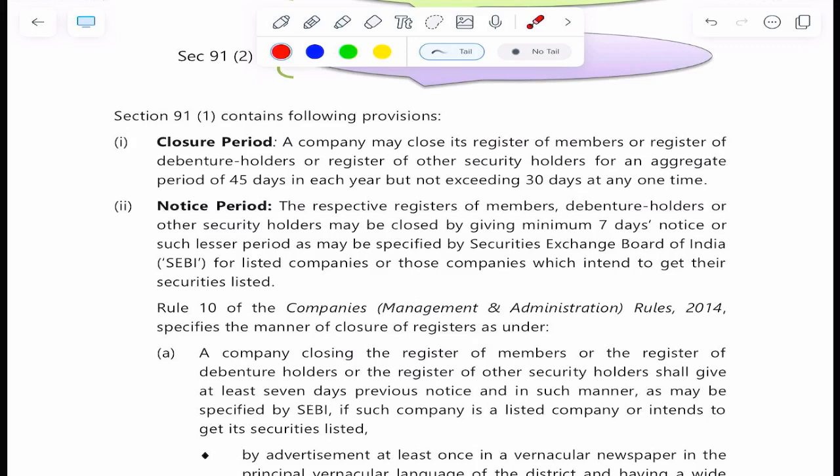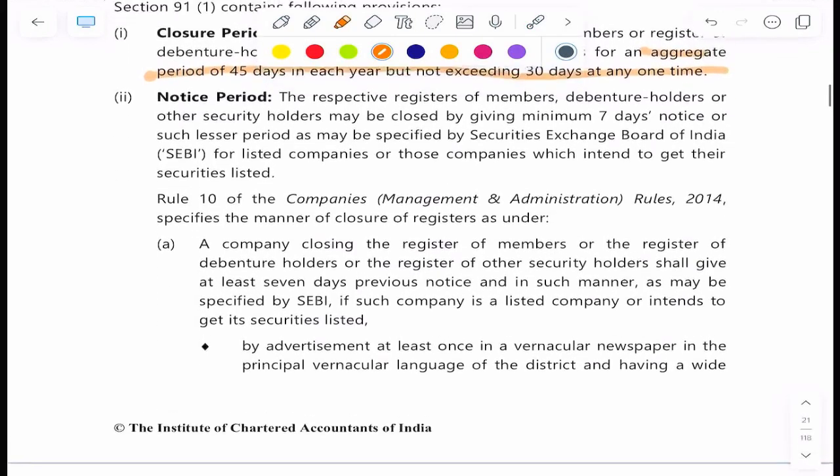Closure period. A company may close its register of members or register of debenture holders or register of other security holders for an aggregate period of 45 days in each year, but not exceeding 30 days at any one time. ये समझा तुमको, 45 डेज एक साल, एक टाइम में 30 डेज से ज्यादा है फिर 7 दिन